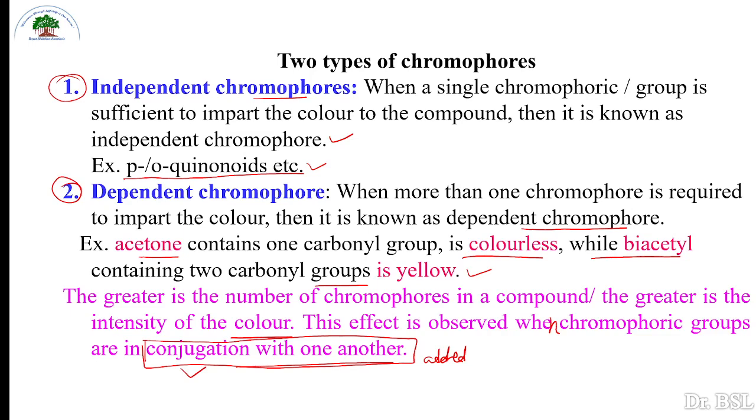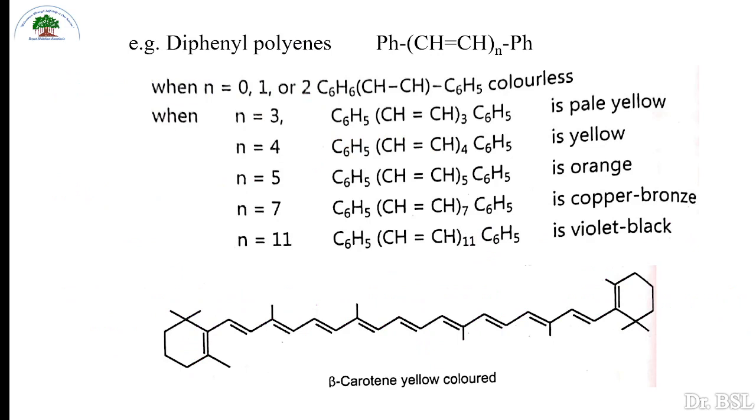Then and only then will color intensity increase. Diphenyl polyenes: when the n value is 0, 1 or 2,